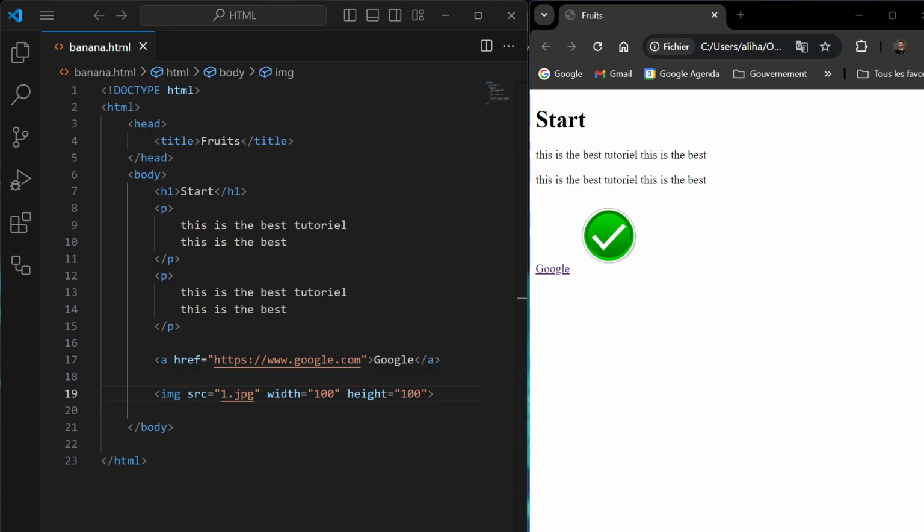Hello everyone, in this third tutorial of the HTML learning playlist, we will dive into more tags, more HTML elements, and more details in the HTML elements. As you saw in the last tutorial, the second one, we learned about paragraphs,